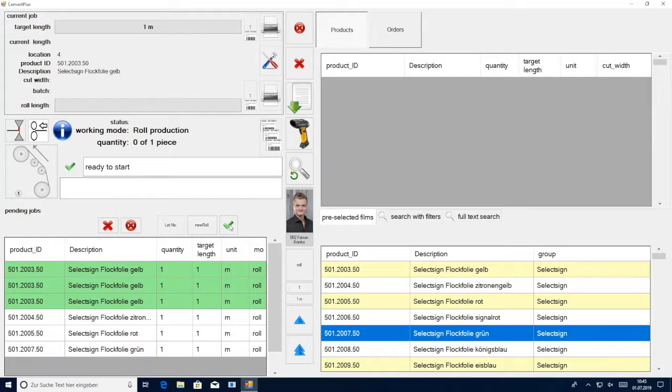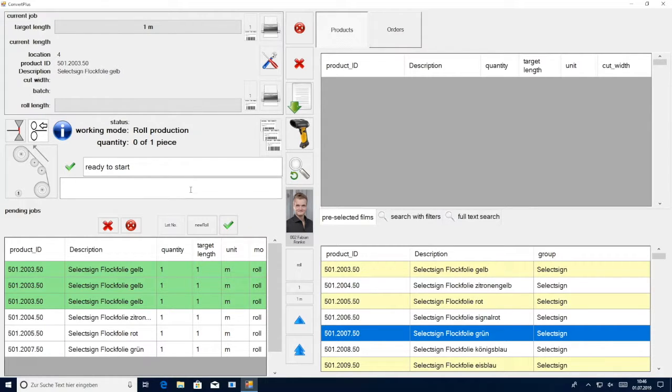Another important factor about Convert+2 software is that it will automatically group jobs together. For example, if you have 3 separate jobs that use the same material, it will group these jobs together even if they're separated by orders. For instance, highlighted right here. This saves a lot of time because it eliminates the need for the operator to reload the material multiple times or obtain the roll from the warehouse again when processing orders that use the same material. This feature is always done automatically.